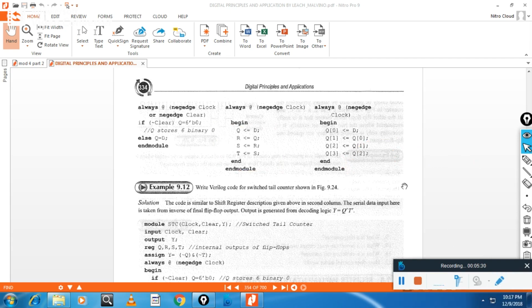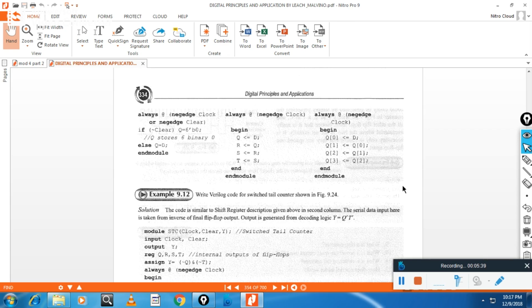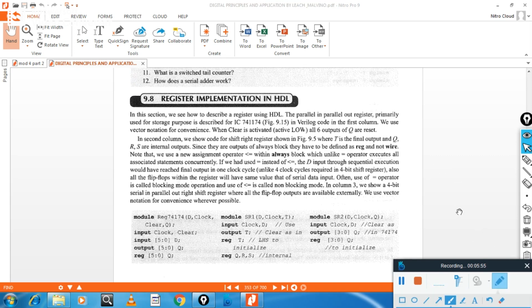That is the second category. What about the third category? The third category is input, clock, D once again, and the output is equal to a bus. Input is 1, output is a bus. This is nothing but serial in, parallel out. You are giving data here, and simultaneously you are taking data. Only one input is there.